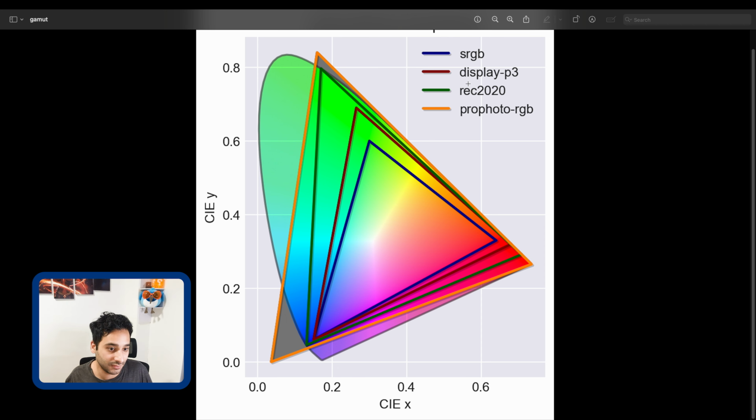And for example, with Display P3 that is used by iOS, we have this much of the area. So it means that it supports more colors, the range is wider, and the performance is less. For example, you cannot have P3 display on old devices. And this one, I think it is for Photoshop. It is called ProPhoto RGB. And as you see, it has a wide range of colors, and it is the bigger one, the orange triangle.